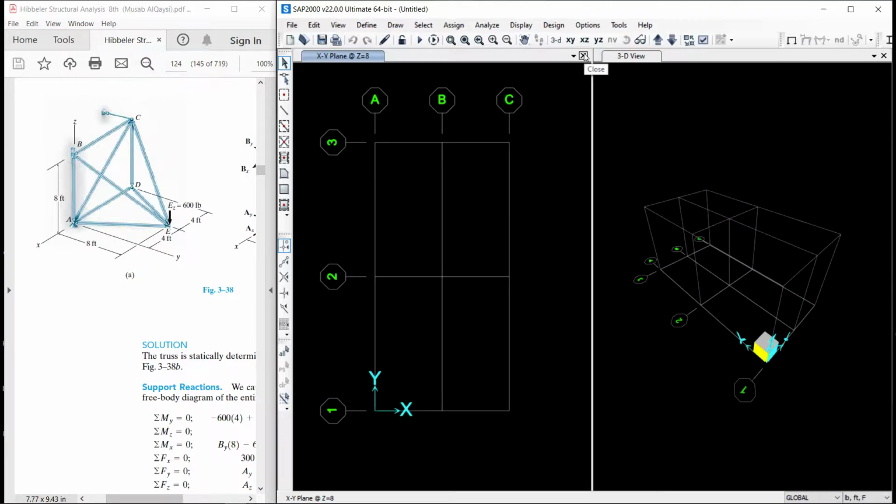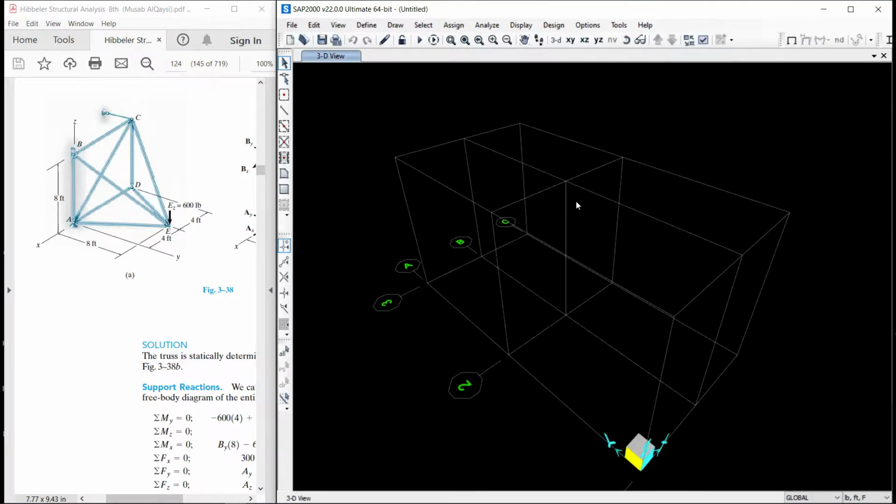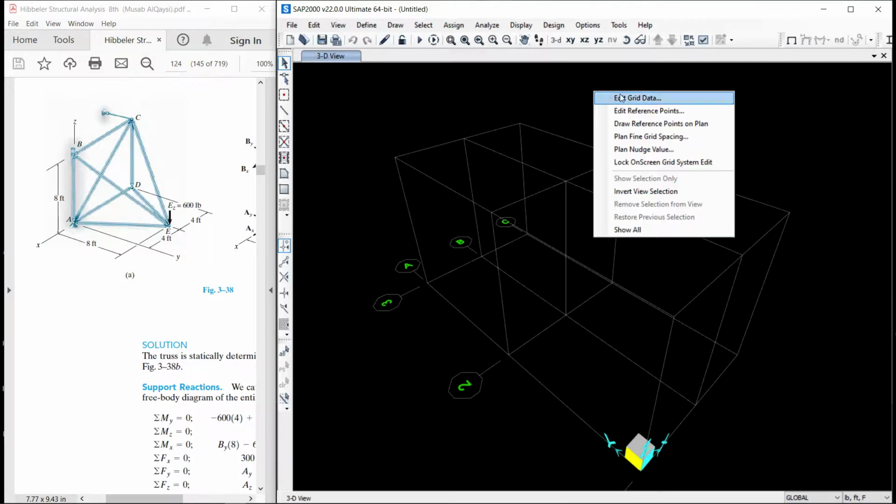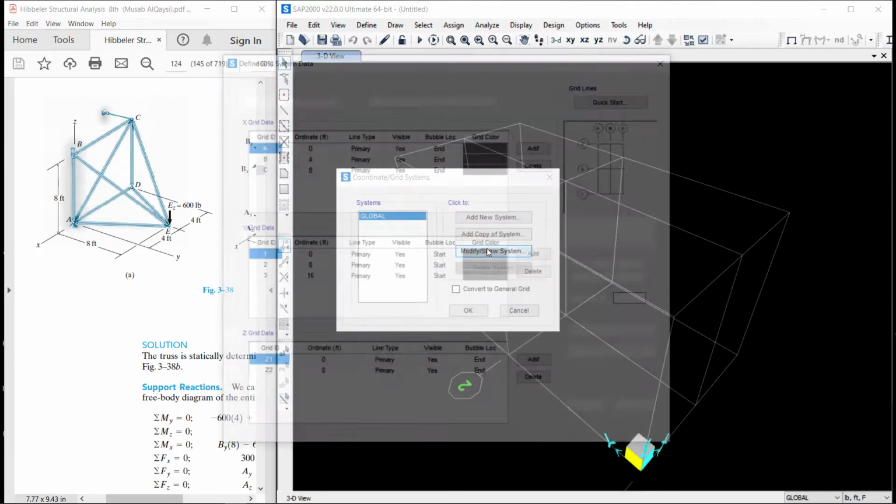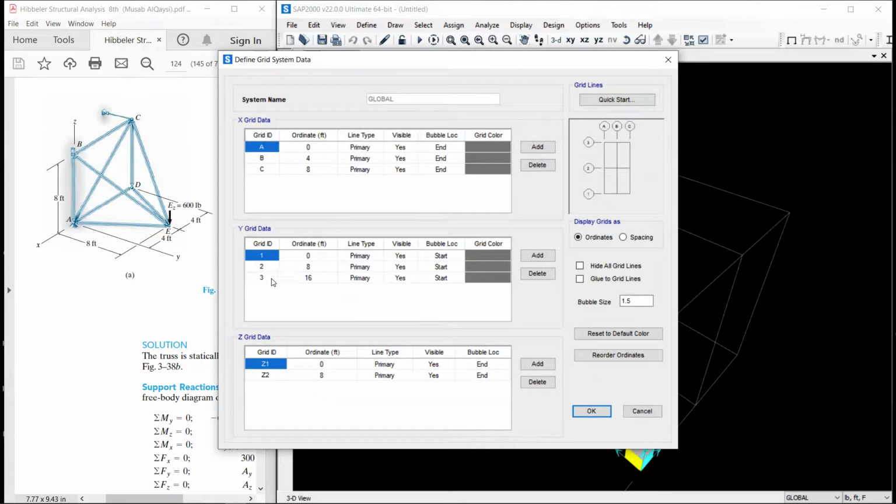Let us close this 2D model. We will work on this 3D model. Let us edit the grid. So first grid 0, then it will be 4 and then it will be 12.